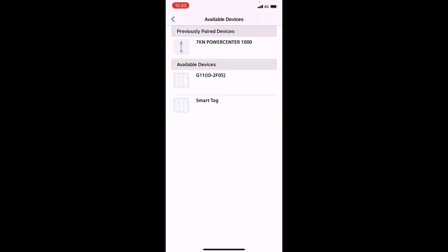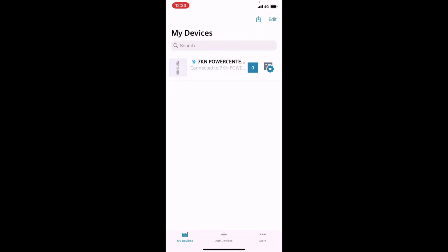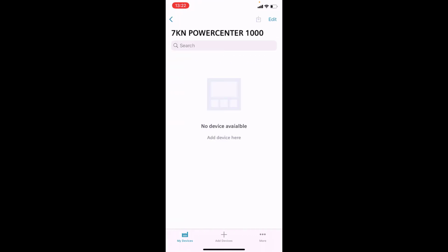Okay, so it's paired with that now. You can click it, and we've added the Powercenter 1000 into our My Devices screen. So that's now connected via Bluetooth, and at this point we can start to add our MCBs and AFDDs. So we click on the 0 there, 0 indicating how many devices we have connected, and we go through the